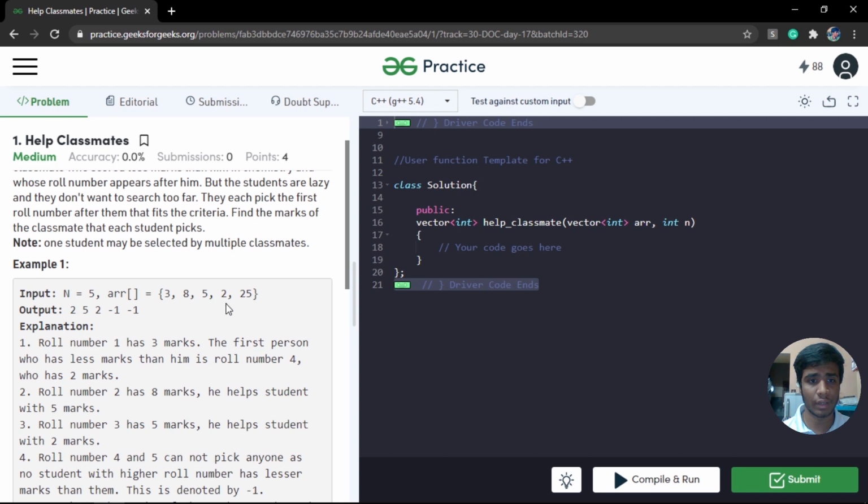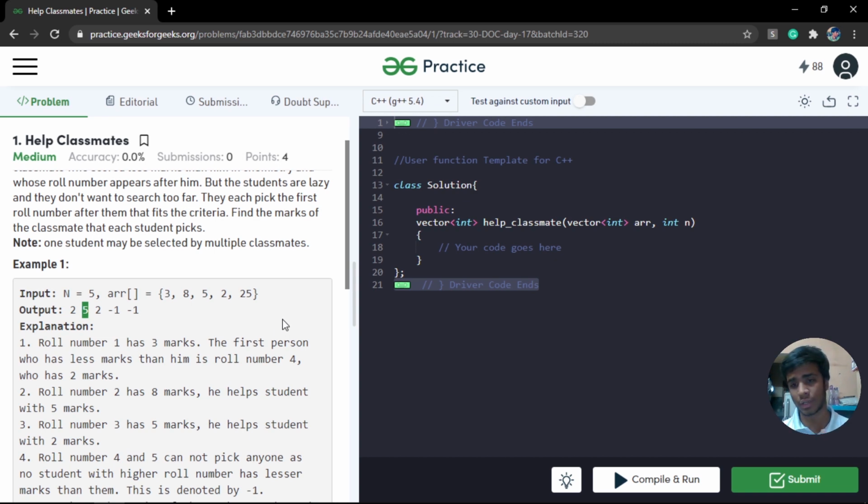So the idea here is that we are going to use a stack as a data structure, and this stack is going to store indices that are present to its left. We are going to traverse the array, that is, we are going to do a single pass, and at each step, if I find an element satisfying a condition that the element at the top of the stack is compatible, that is, marks is less than the index, then we are going to take that index and mark the values in my answer array. So this is the approach.